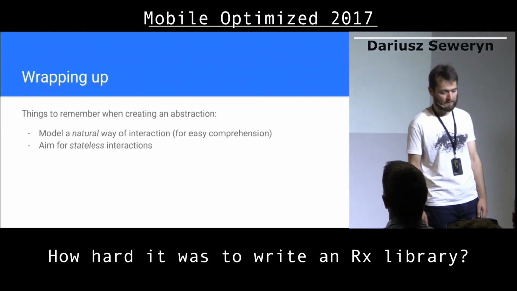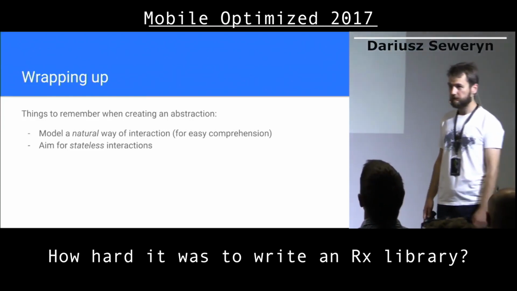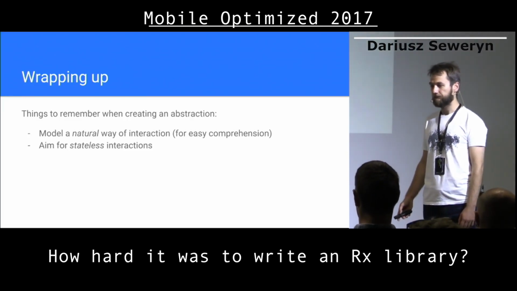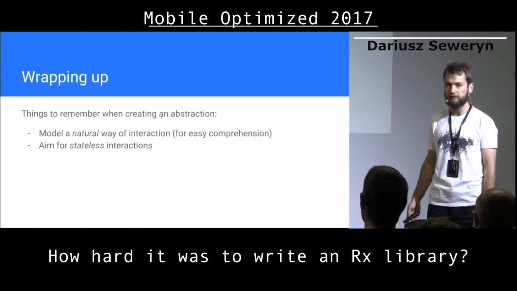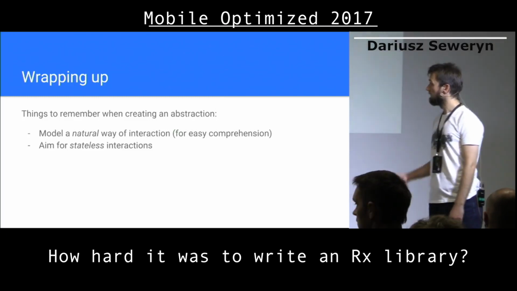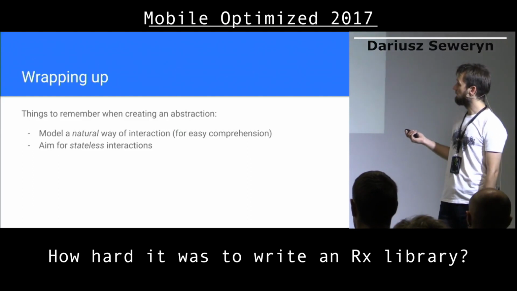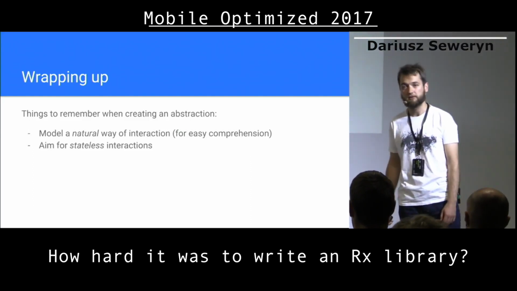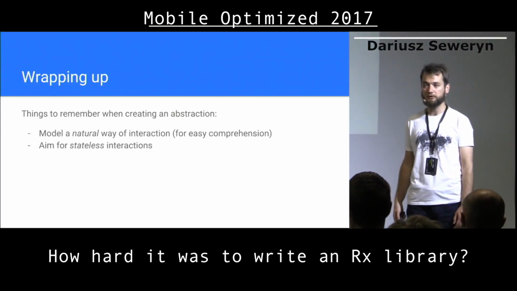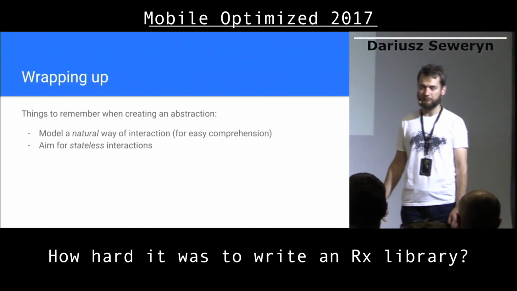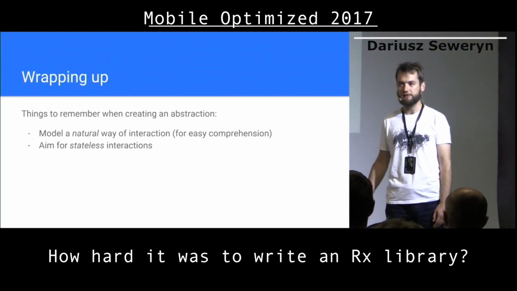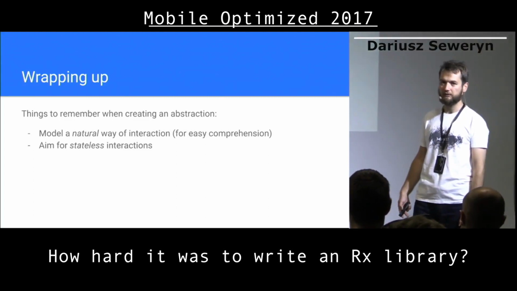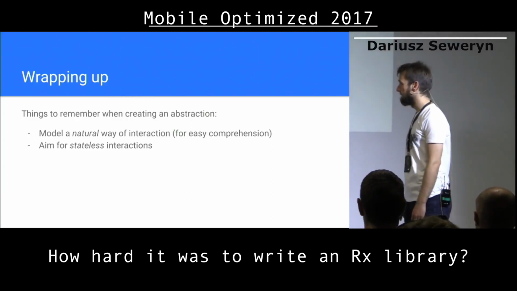All right, so to wrap things up, from my experience which I've gathered during 1.5 years of developing the library, it turned out that there are some parts that are really important to do at first. So try to model your API in the most natural way of interaction, because usually people will not first use your documentation to learn about the topic they are going to touch.